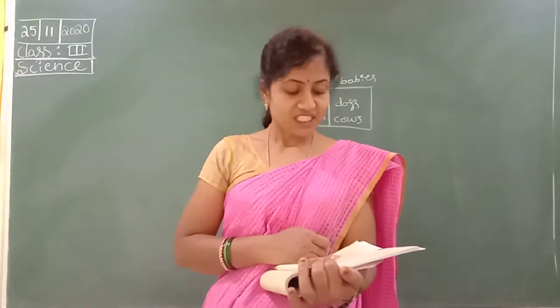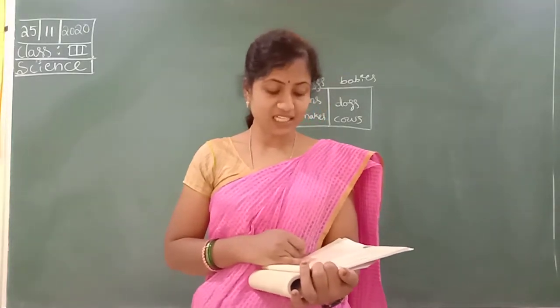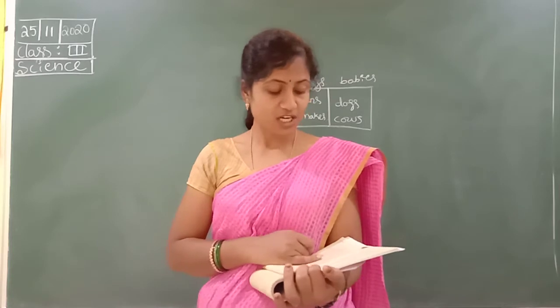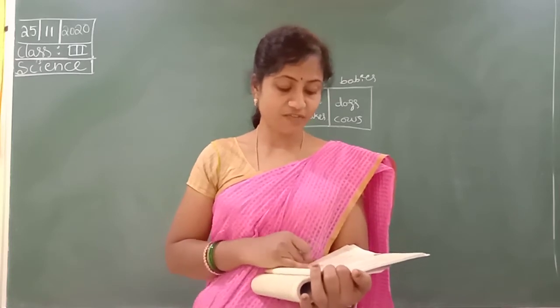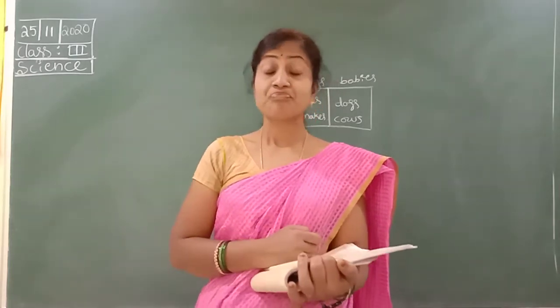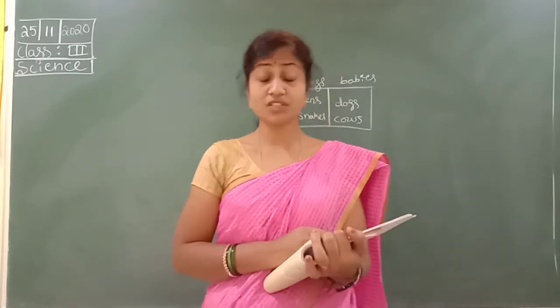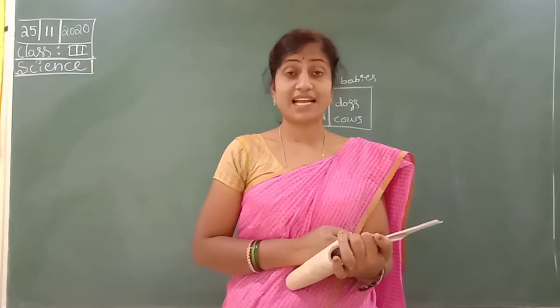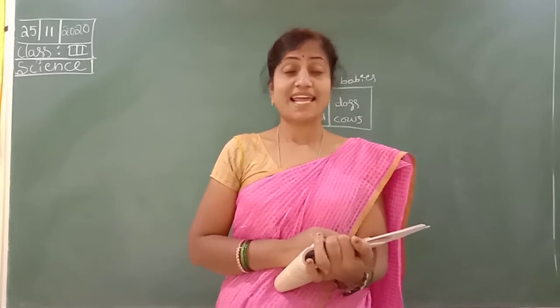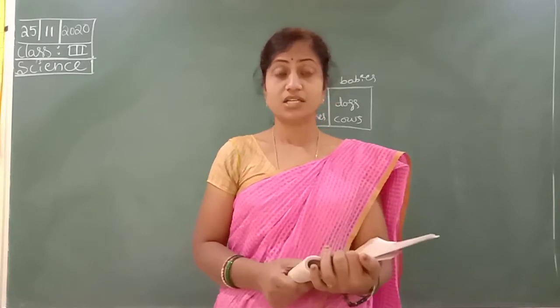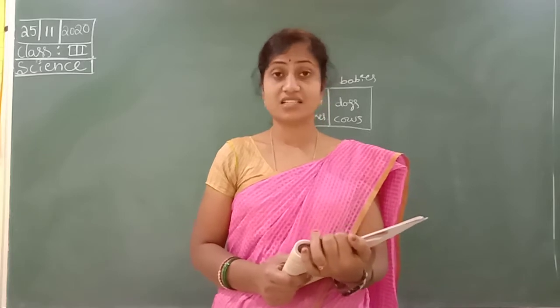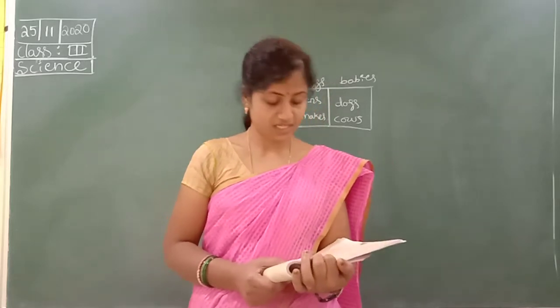Next, children of group B, paste a red colored paper on a drawing sheet. On this paper paste pictures of 5 flesh eating animals, only flesh eating animals. Like tiger, lion, dog, snake, like that 5 names.